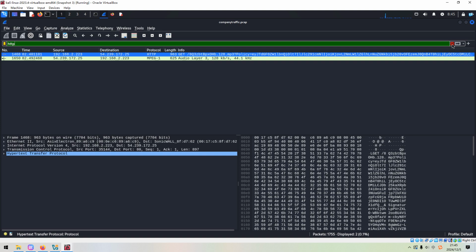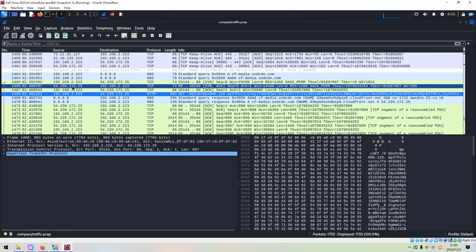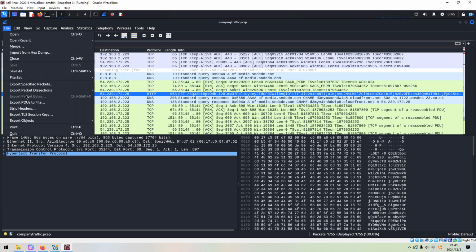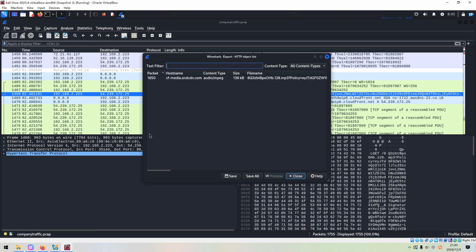So I think we need to export the MP3 file to our Kali Linux. We can go to File, Export Objects, select HTTP, and then we can save all.